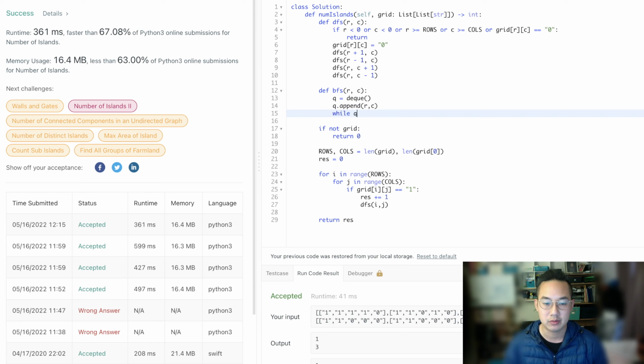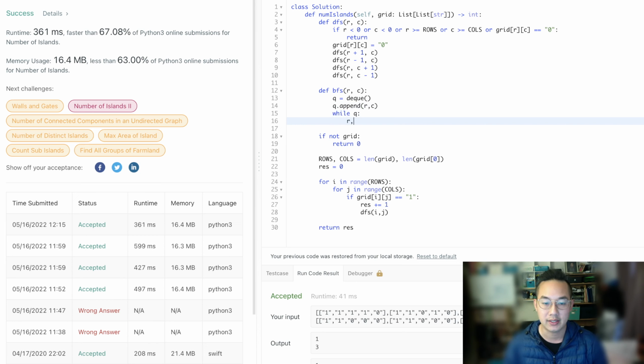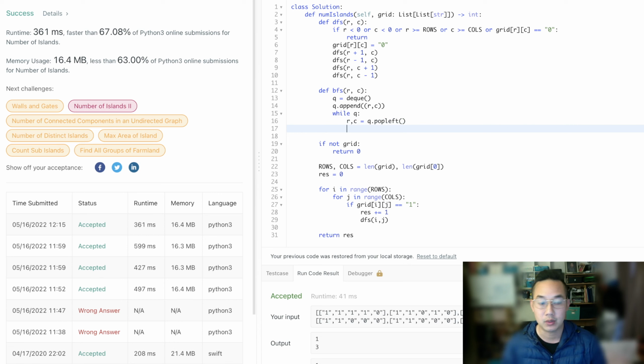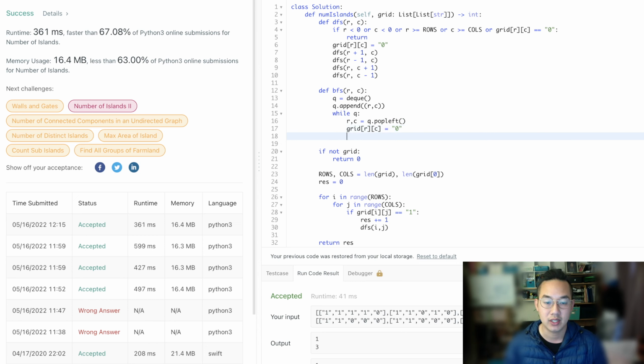So while queue, r and c equals q.popleft, and once we pop left, we make sure that grid of r and c is equal to 0, and